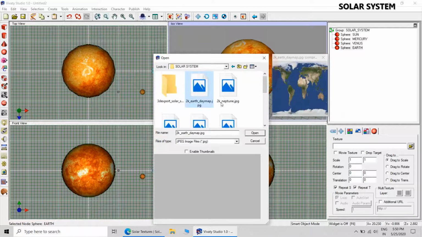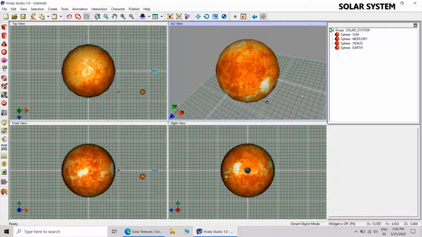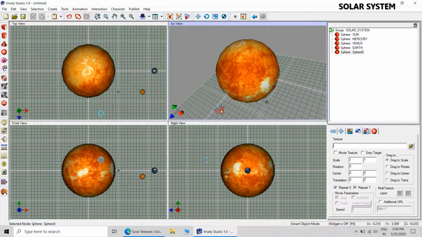And I'm looking for the texture of Earth. Here it is. This very beautiful planet, as we know. And it is the only planet having life. That completes the creation of Earth.